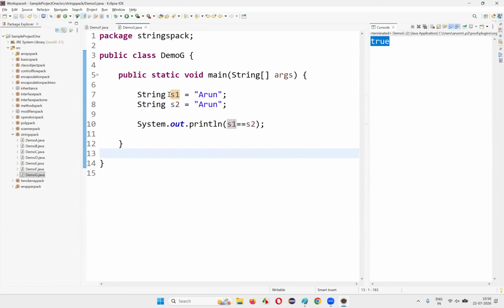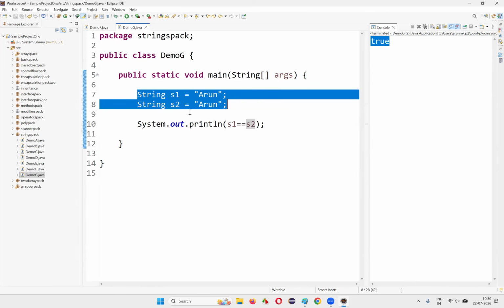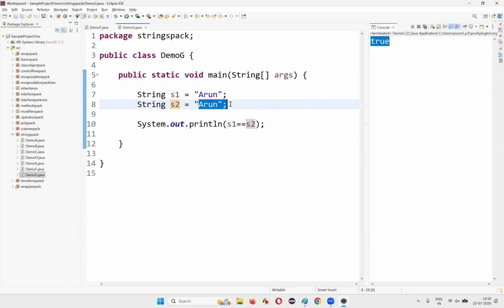How? You are comparing the references, right? The address stored in S1 should be different from the address stored in S2, so it should result in false, right? But it's returning true. Why? Is it comparing the actual data? The answer is no. It's still not comparing the actual data. It is comparing only the address of the objects. Unfortunately, the addresses of S1 and S2, if you are creating the strings like this, in the shortcut way, and the text is the same, what will happen